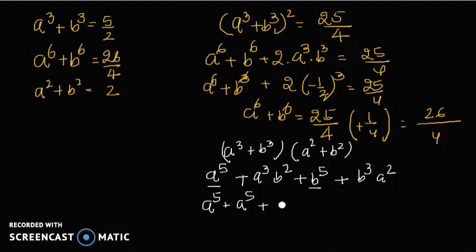We can take common a square b square from these two terms, this and this. So we are left with a, and here we are left with b. Now in here we have a cube plus b cube, we got 5 by 2. So write in the right hand side 5 by 2, and a square plus b square we got 2. So in the right hand side for a square plus b square we have to write 2, which finally gives us,